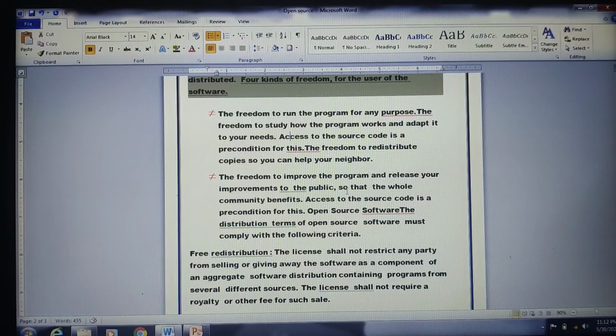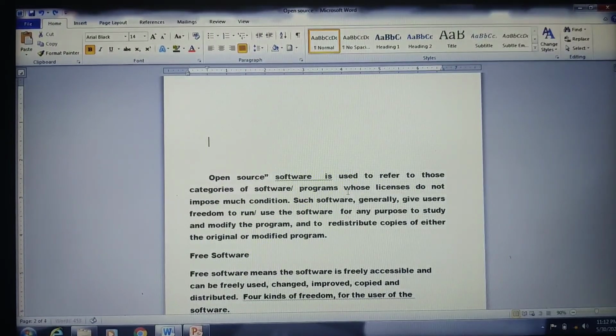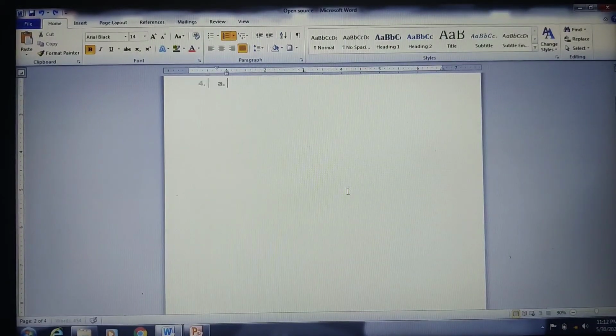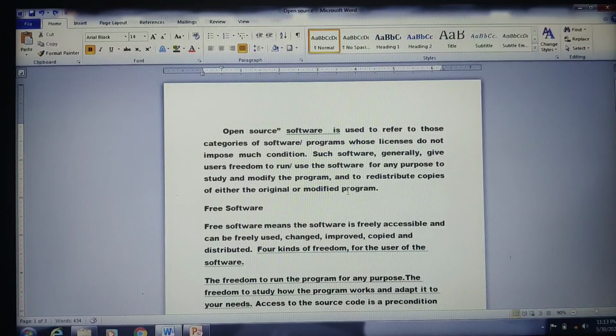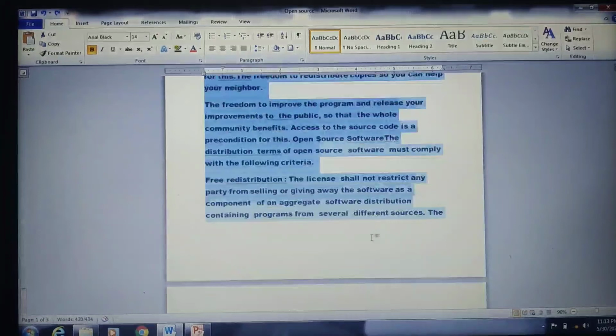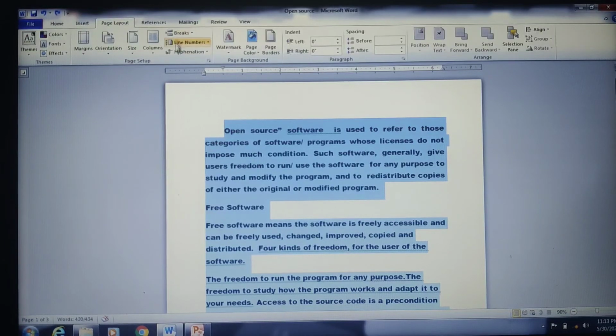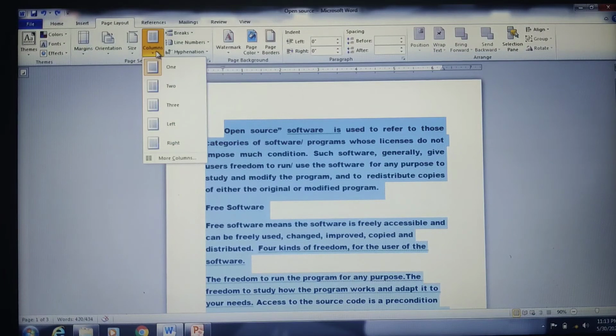Okay, next I'll show you how to have the columns. Let me bring back my document as it was before. All right, so this was my original document. Now how to create columns in your document? You need to select the entire content of your document. Okay, so herein under the page layout, we have the columns options. Clear? By default it will be in one column.